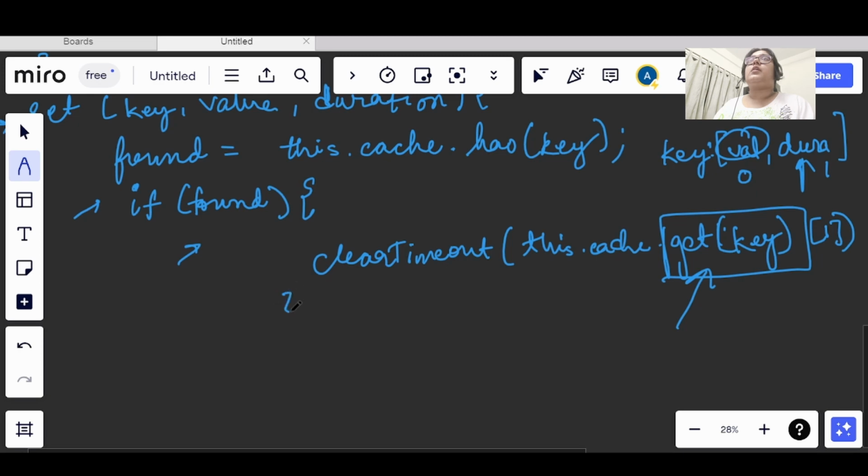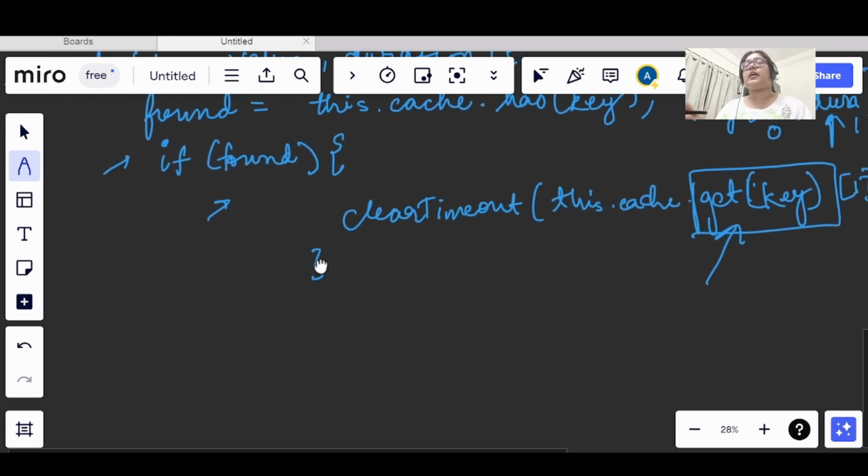Now, if the value is not found, or if the time has already expired, or we haven't found the value in time, in such cases we also need to delete the key. So we will create a setTimeout function. Let's name the variable timer, and this timer will check if the key is found in time or not.